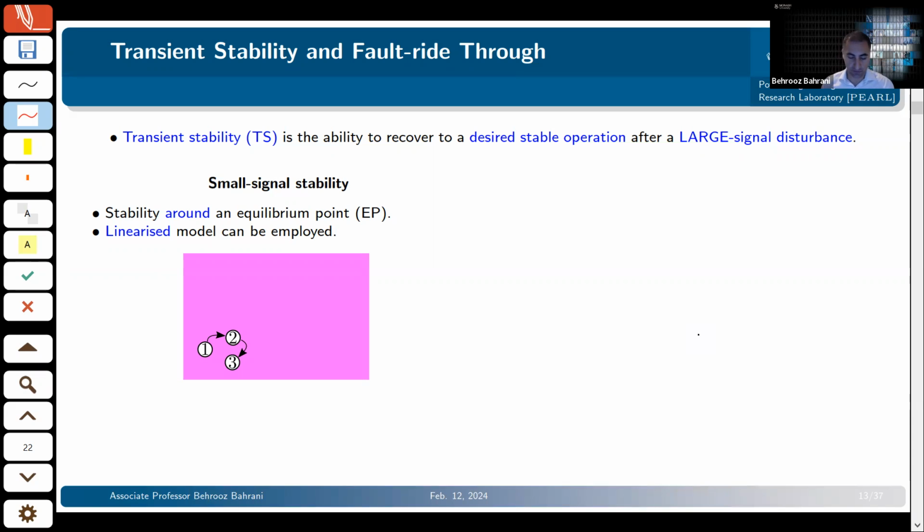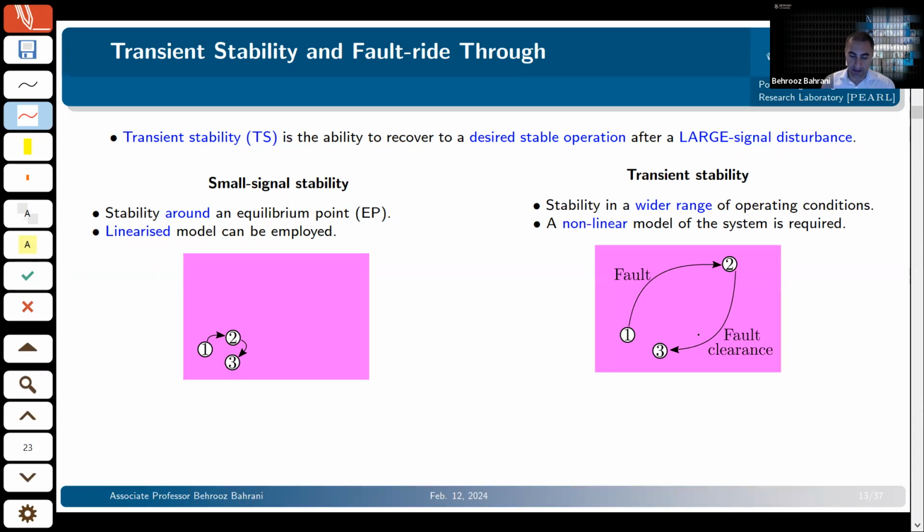And typically that is done through eigenvalue analysis and making sure that all of the eigenvalues are on the left-hand side. But transient stability tells you that if you're operating at this operating point number one and something big happens in your network, a fault, line tripping, generator tripping, things like that, and you go to this number two, which is far from the first operating point, and now if whatever problem happened now clears, can you stably go back to another operating point and stay there? Look at this as, for example, a fault.